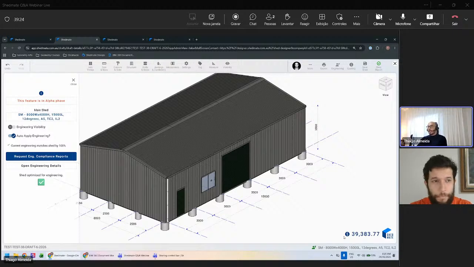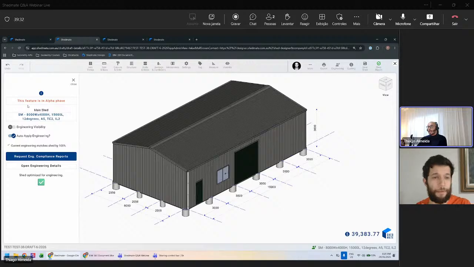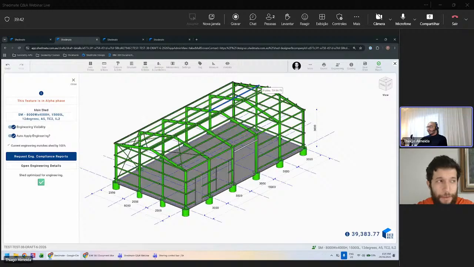So this is what I get when I have all that information done, as I showed you on the first step. Then you can see here that my shed is conforming to my engineering details. Okay. So if I enable engineering visibility here, you're going to see that everything is green and the shed is optimized for engineering. That means that if I were to send that report right here, the compliance report requests, right,